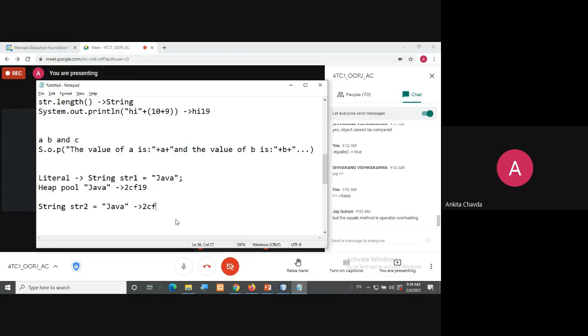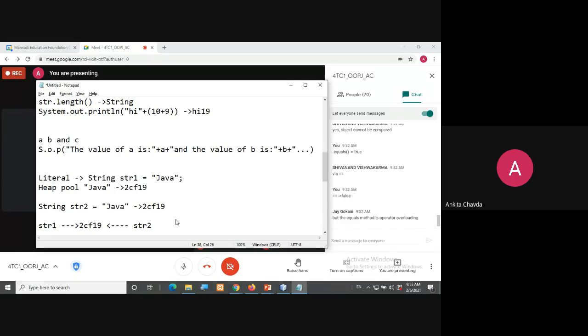So string 1 is pointing to one location, 2CF19, and string 2 is also pointing to the same one. And there is no problem to do so.